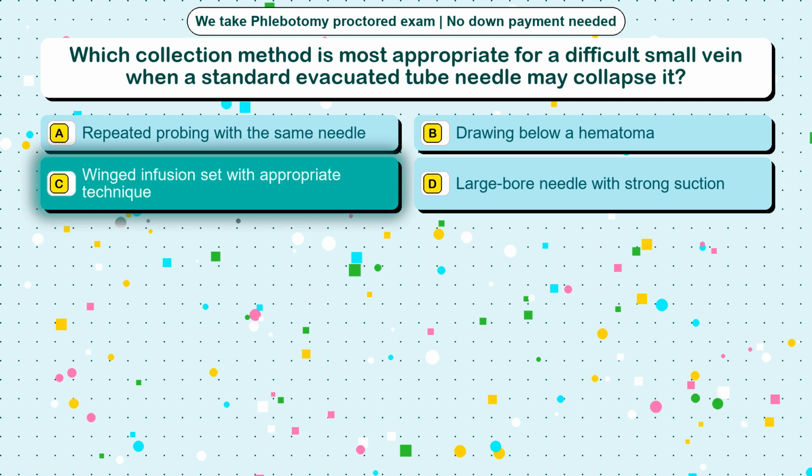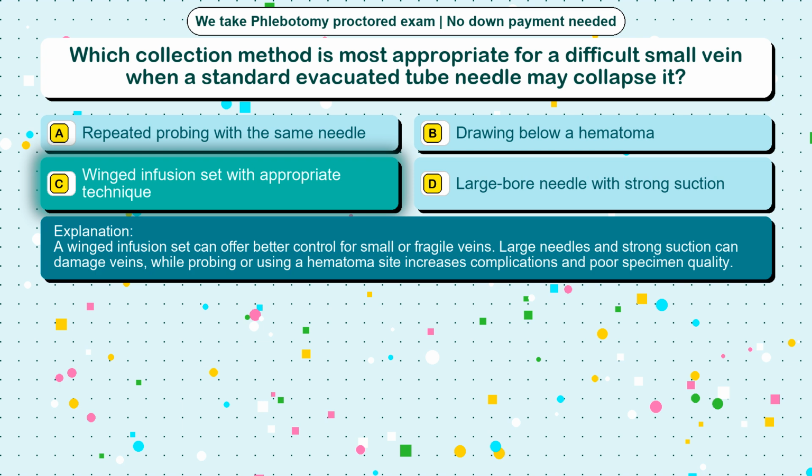The correct answer is option C, winged infusion set with appropriate technique. A winged infusion set can offer better control for small or fragile veins. Large needles and strong suction can damage veins, while probing or using a hematoma site increases complications and poor specimen